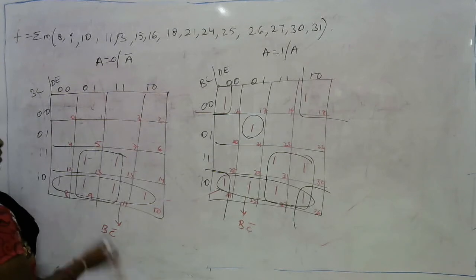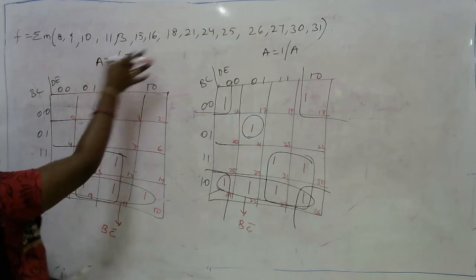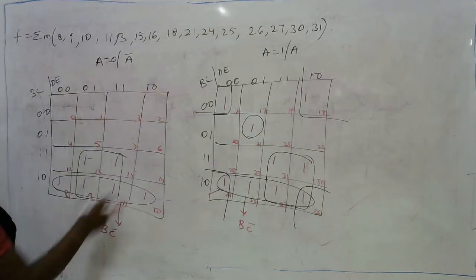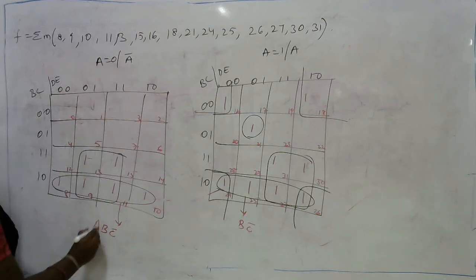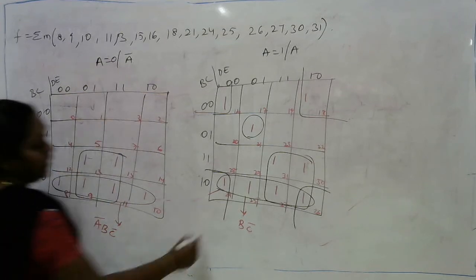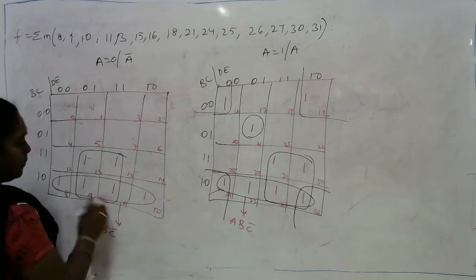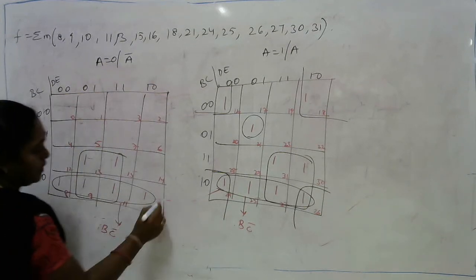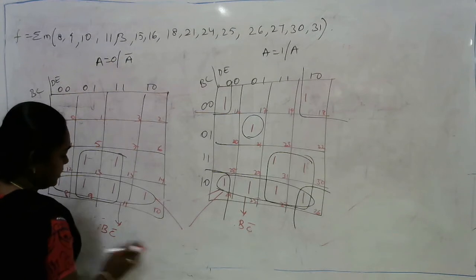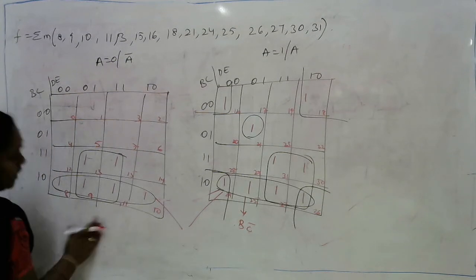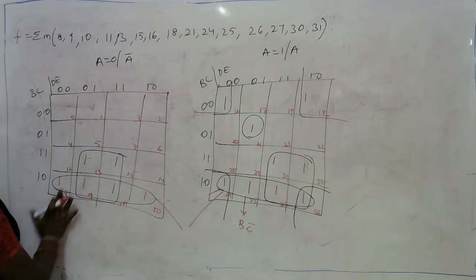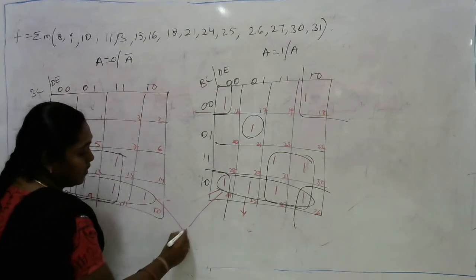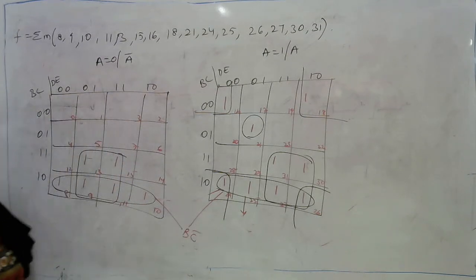So the result is also B, C bar, because this A bar and that A will be cancelled out. Or in simple words, as it is related to the first one, I need to write it as A bar, B, C bar. Here it is A, B, C bar. But both are in the same positions. These two will be cancelled out because of an octet. So if you are writing for a single K map, it is A bar, B, C bar. This is A, B, C bar. As I am considering both of these, the result is B, C bar.